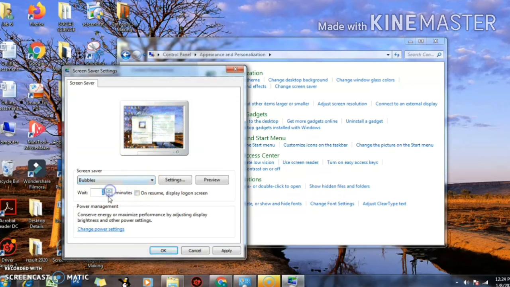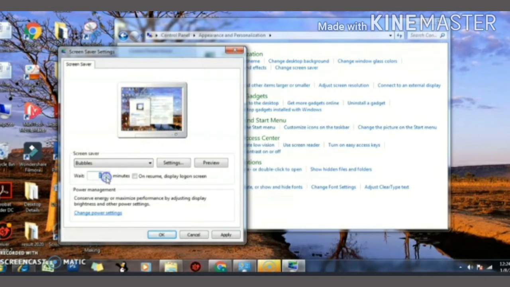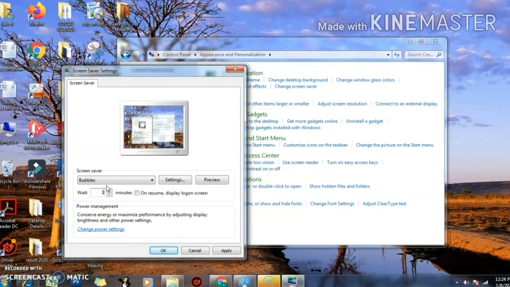There is a waiting time box given there. There you can select the number of minutes of inactivity, which means if the screen is left idle for that number of minutes, the screensaver will appear. You can click on preview to see how it would look on the screen.